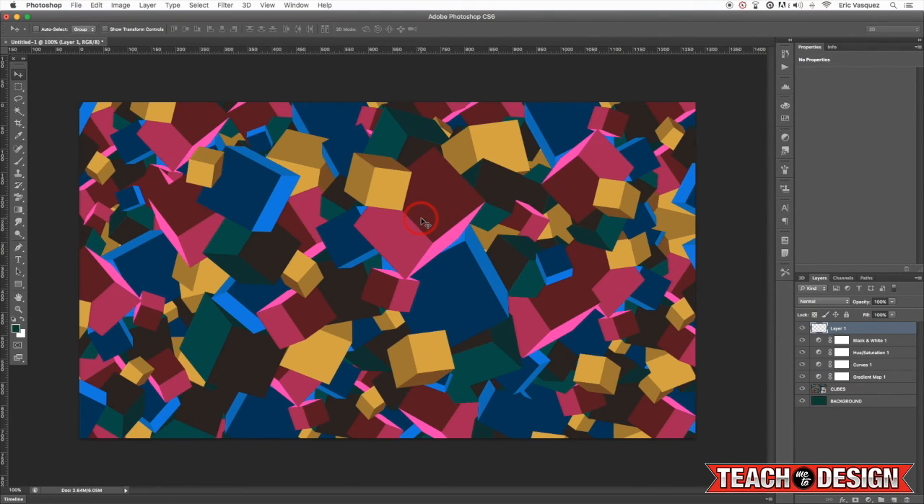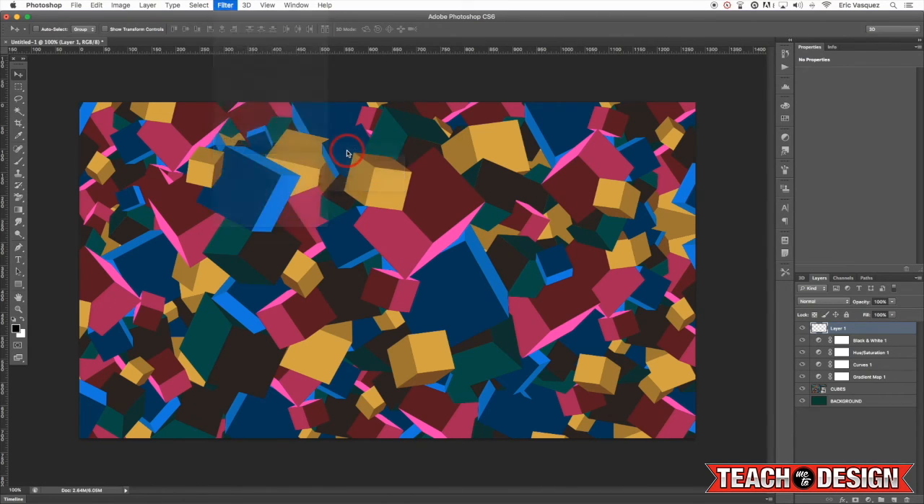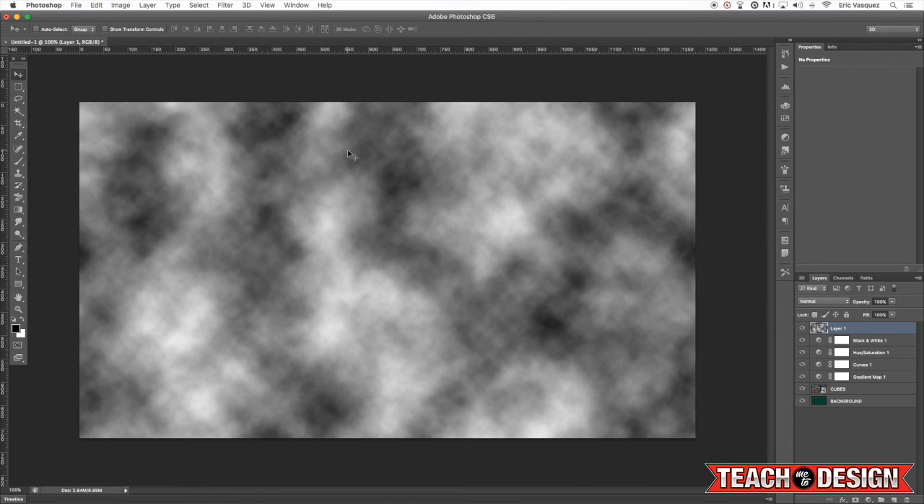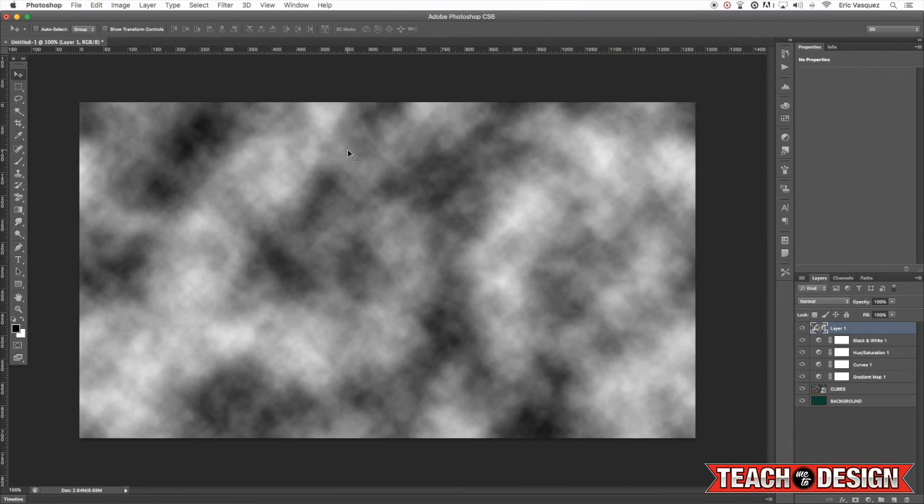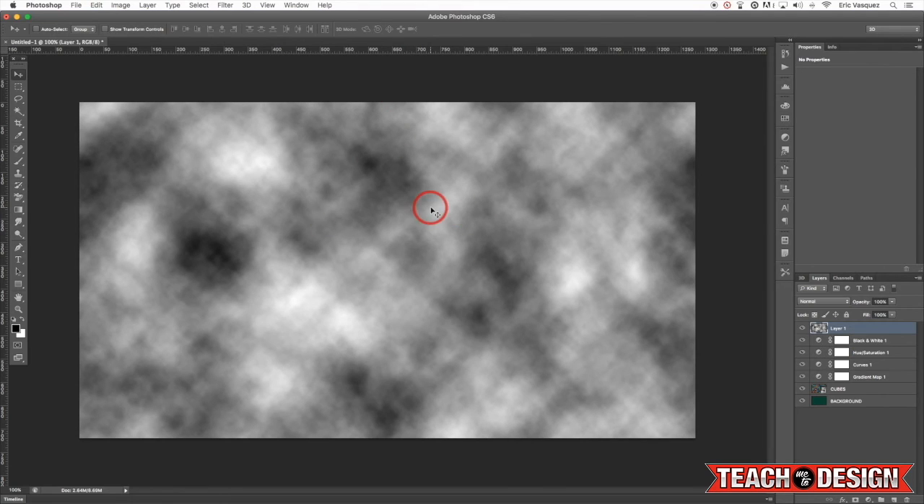let's see what it looks like if we add a texture now on top of our whole design. So I'm going to press D on the keyboard to get my default colors back. And I'm just going to come up here to the filter menu and choose render clouds. Okay, so we'll just quickly add some clouds. Maybe press Command F to repeat it a few times and kind of change up the pattern and the texture